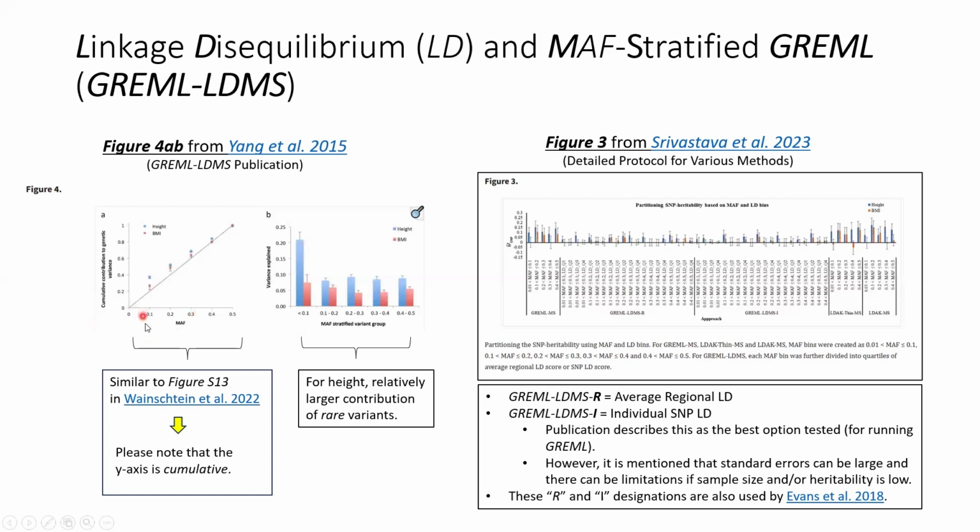So for this other plot, on the x-axis, you've got the minor allele frequency, and on the y-axis, you've got cumulative contribution to genetic variance. So the highest value is for the most common variants, but it's cumulative, so the total value for all variants has to be 1. And what they really want you to look at is this trend line here, and when the dots go above the trend line sufficiently far, there's supposed to be a relatively greater contribution for that bin versus the other bins. And this appears to be more true for height than BMI. And then we're going to see what I think is a relatively similar plot to this figure with the